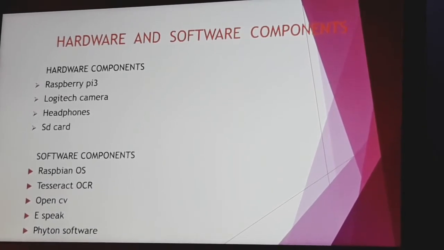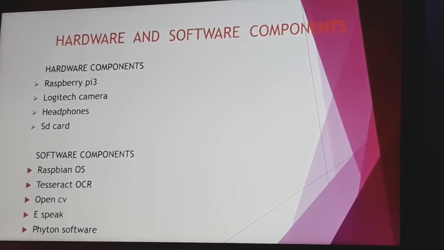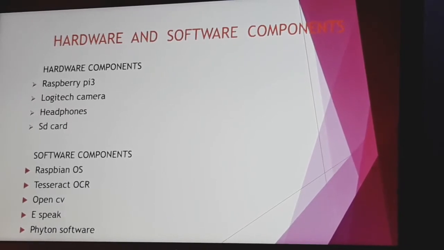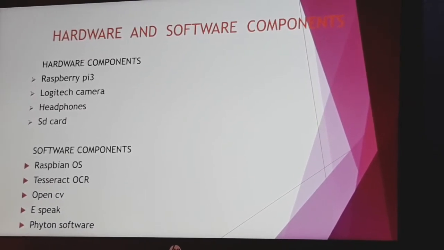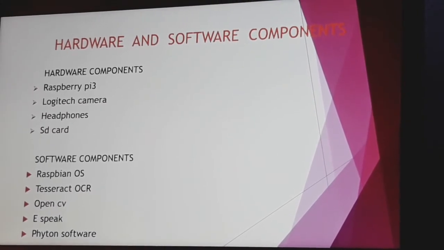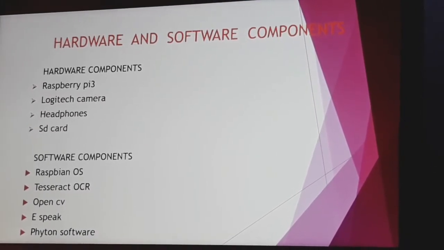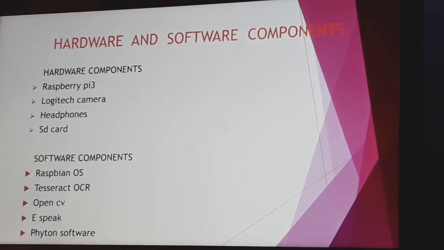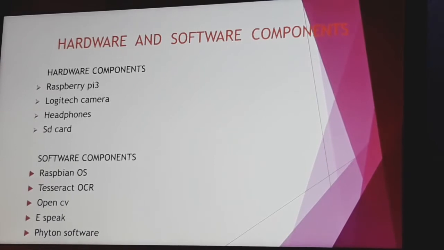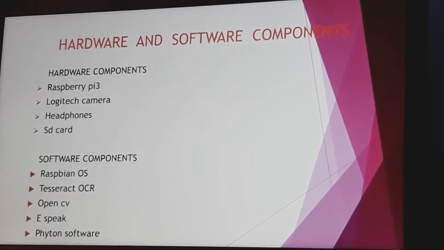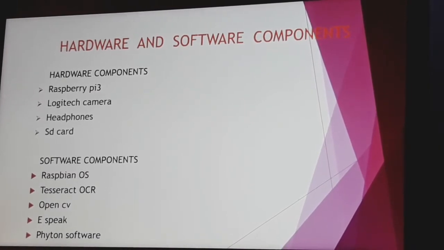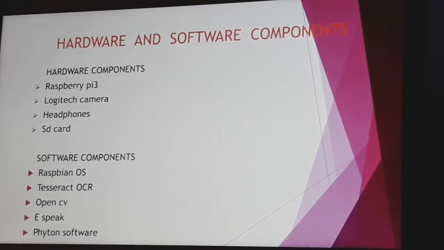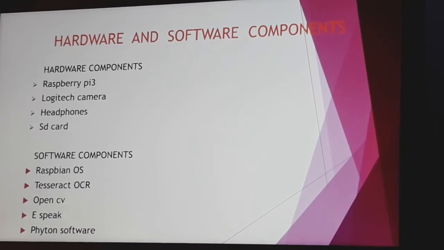What do you mean by Logitech camera? It is a plug and play setup which is easy to apply. We can apply it easily for making videos, calls, and messaging. It is a 5MP camera with high resolution. We are using the Logitech camera for capturing the image and gesture control functions. Everyone knows about headphones. What is SD card? The Raspberry Pi does not have any onboard storage available.